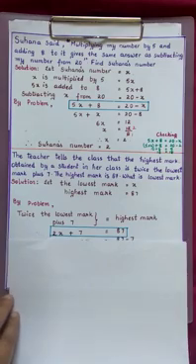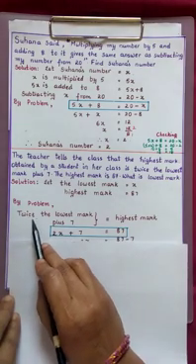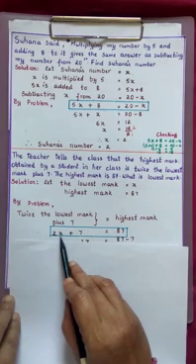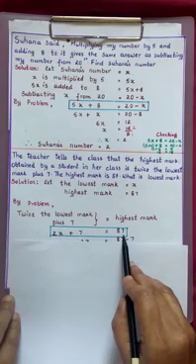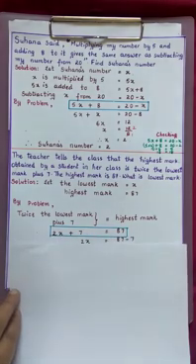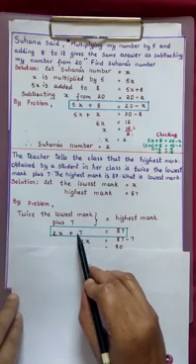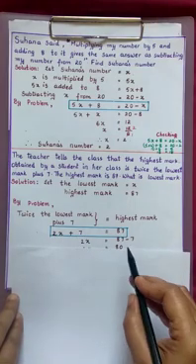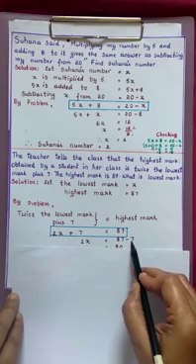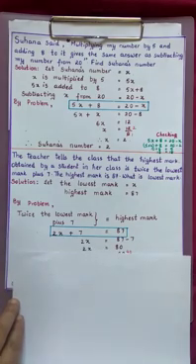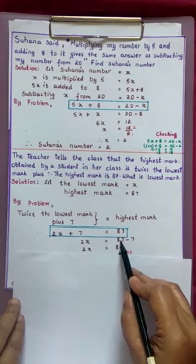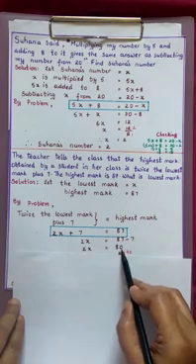This is your required equation. Twice the lowest mark plus 7 means 2x plus 7, which is equal to the highest mark, 87. Now leaving the variable term 2x here, as it is plus 7, if you transpose it to the right side, it becomes minus 7. So 2x is equal to 87 minus 7, we get 80.